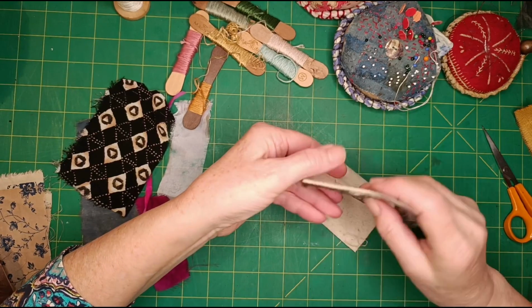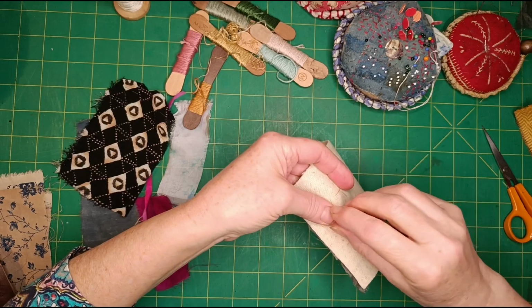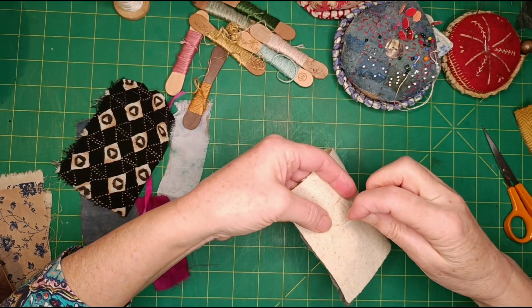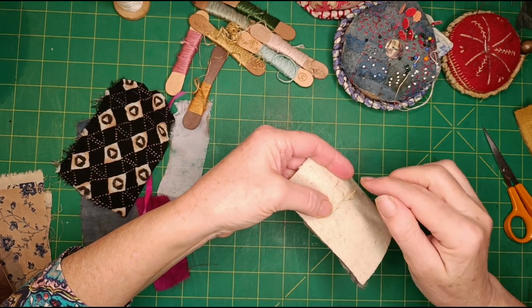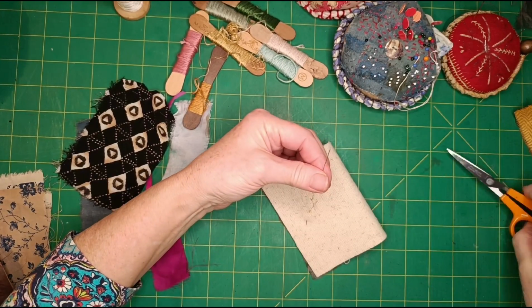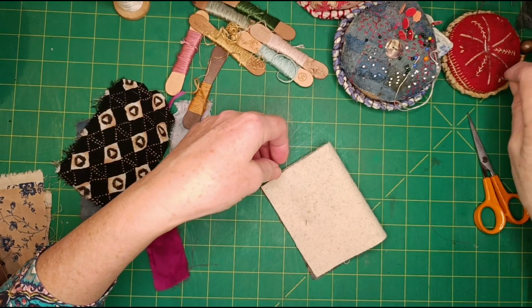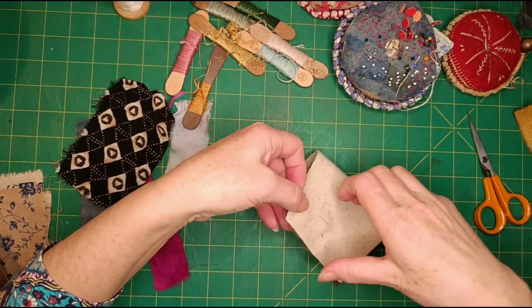And I hope you like it, and I hope it's not too much without me telling you do this, do that. But last week we had the English paper piecing, which was quite, what's the word, prescriptive. And I like to mix it up a bit,